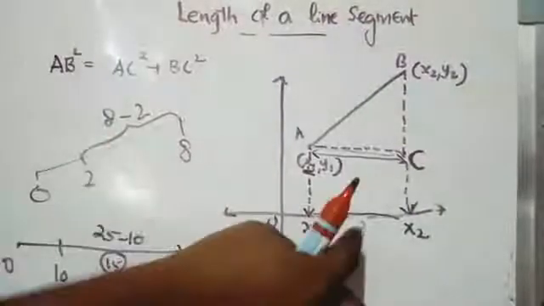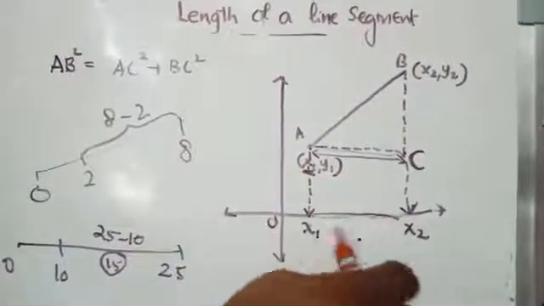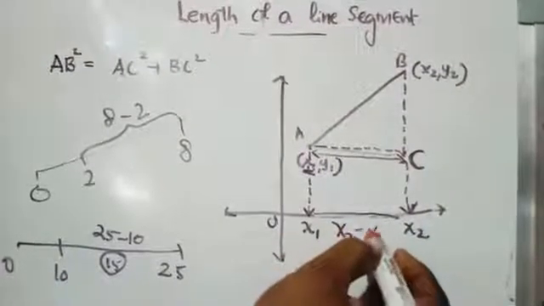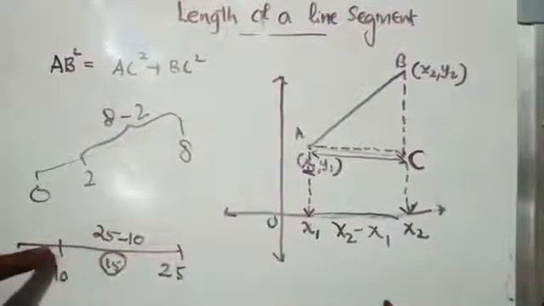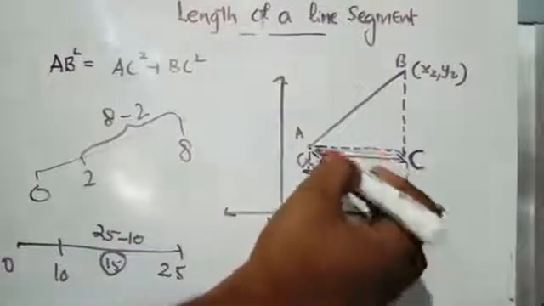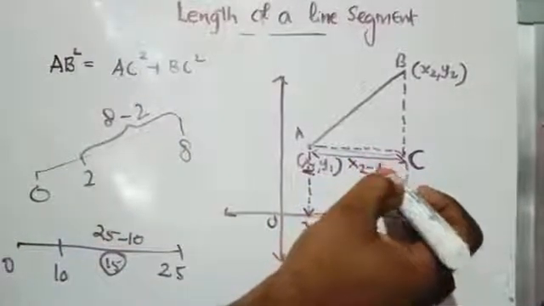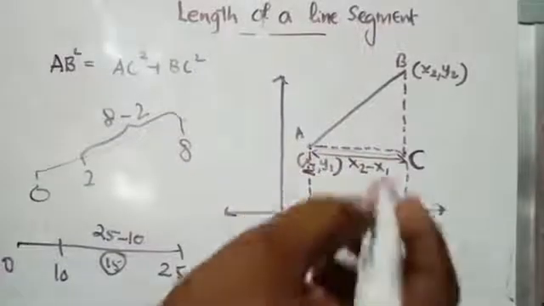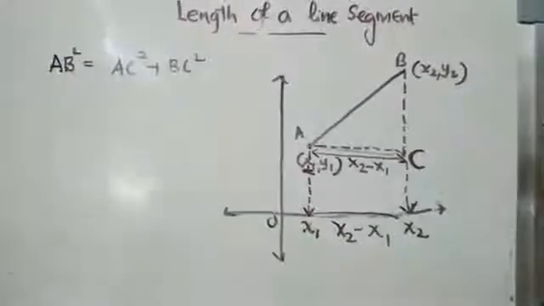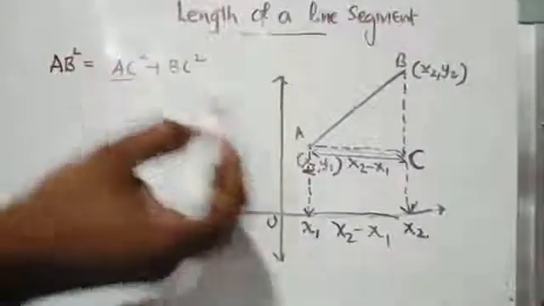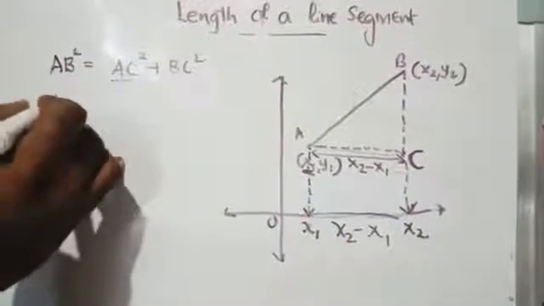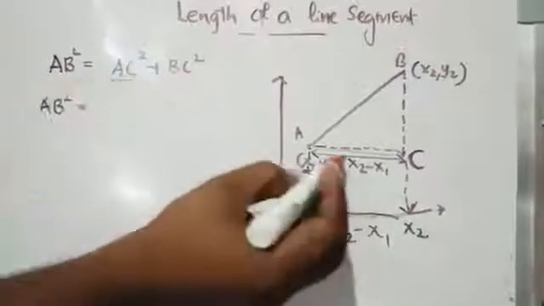So in such a case, what is the distance between x1 and x2? Yes, it is x2 minus x1. 25 minus 10, 8 minus 2. Similarly, x2 minus x1. So what is this distance AC? x2 minus x1. So we got AC as x2 minus x1. So AB squared is equal to AC squared, where AC is x2 minus x1,